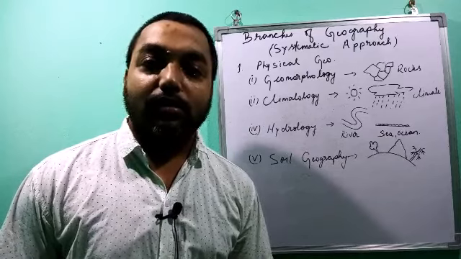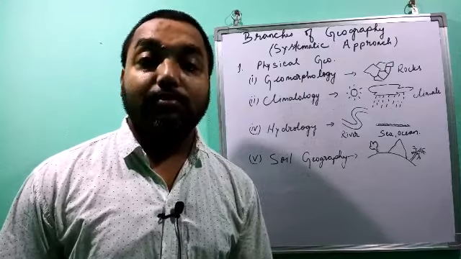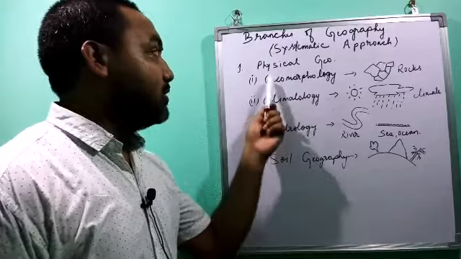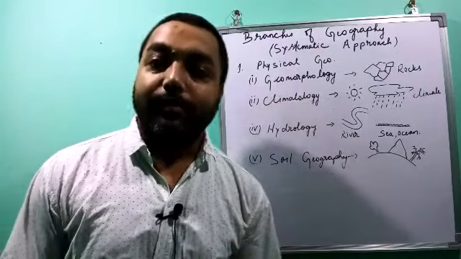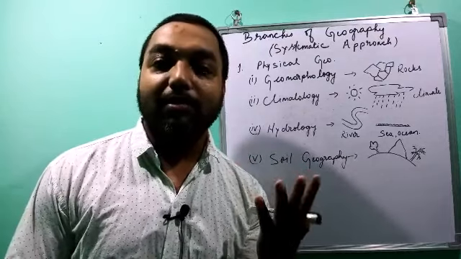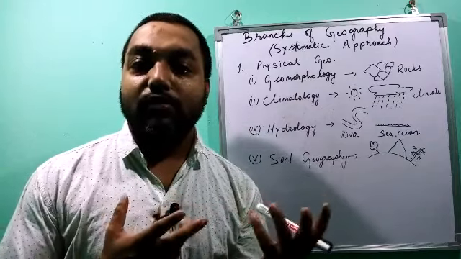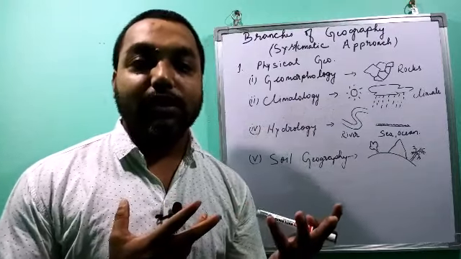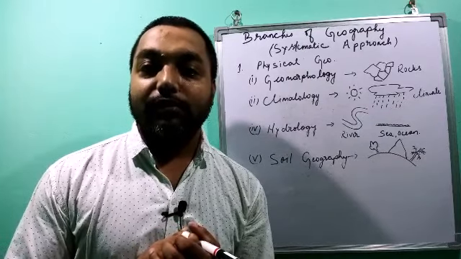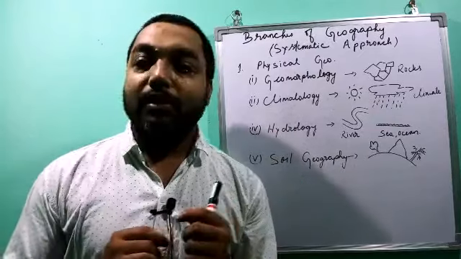So the first branches of geography are based on the systematic approach. Based on the systematic approach, there are different branches of geography. The first branch is physical geography. Physical geography is that part of geography which studies the physical features of the earth, that is, the climate, the soil, the natural vegetation. All these are physical elements of the earth. The part of geography which studies the physical elements of the earth is called